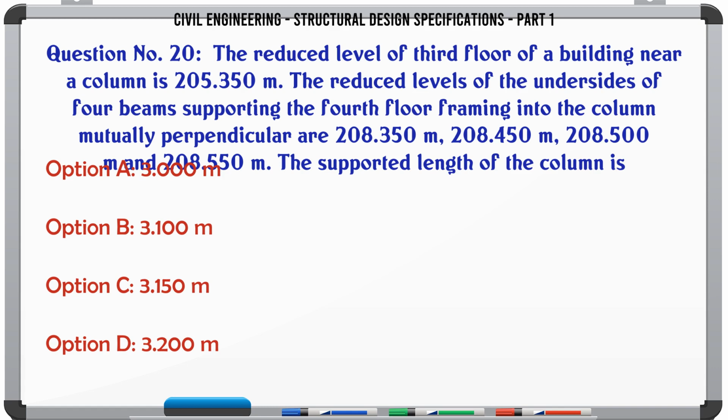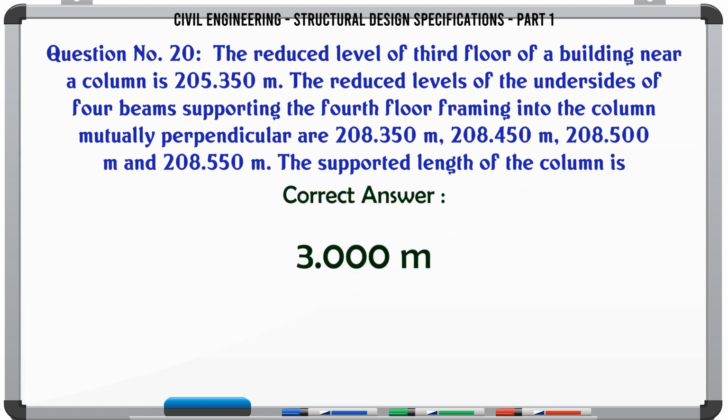The supported length of the column is A. 3.000 m, B. 3.100 m, C. 3.150 m, D. 3.200 m. The correct answer is